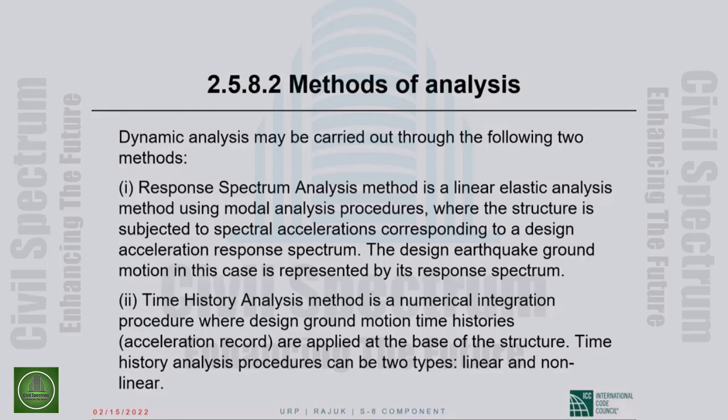Time history analysis is where we impart actual recorded earthquake ground motion, or artificially generated ground motion at times, to the base of our structure. When we say impart ground motion, it is typically in the form of acceleration history. We input pairs of time and acceleration. So at this time, the acceleration is so much. At an increment of time, the acceleration is so much. At another increment of time, the acceleration is so much. And for us to get accurate results, the time increments have to be short. So the acceleration history is imparted to the base of the structure, and then we calculate the deformations of the